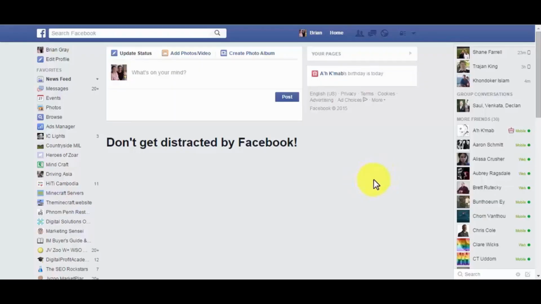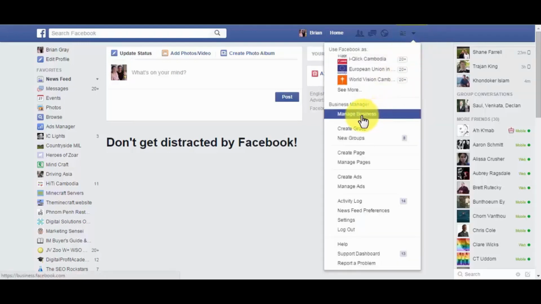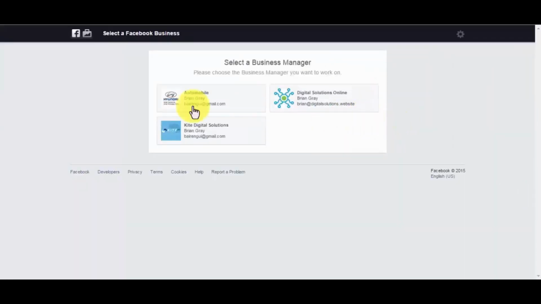Hello, welcome back. In this next part, I'm going to cover something called Business Manager. Now, a lot of people don't know about this, and you really won't need to use this unless you are going to have multiple people managing your page, or different people using your page, or if you're going to have an agency help you with your page or let someone else run ads for your page, then you'll use the Business Manager. If you're going to be doing this 100% by yourself and alone, then you can skip this section